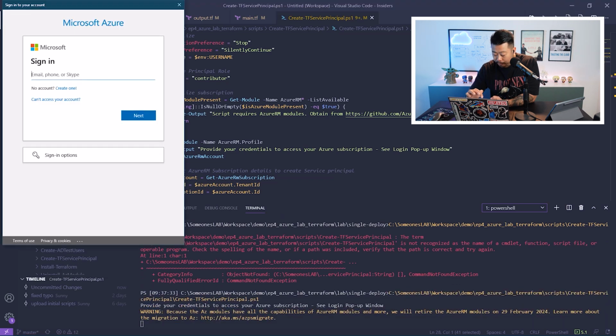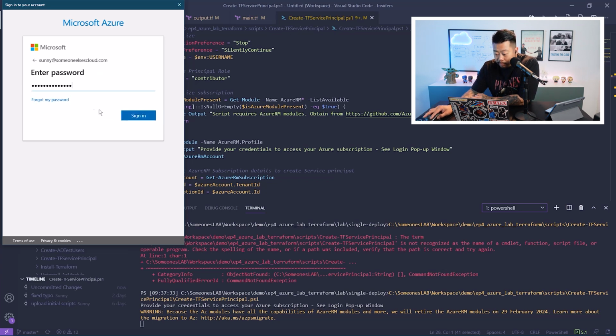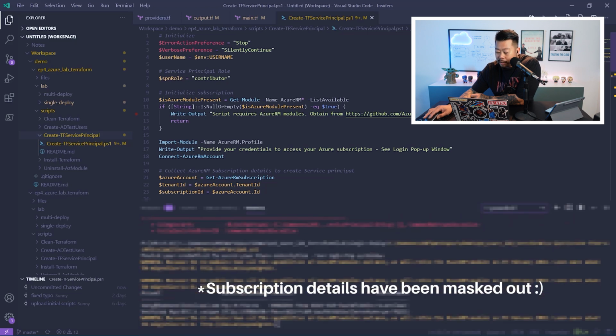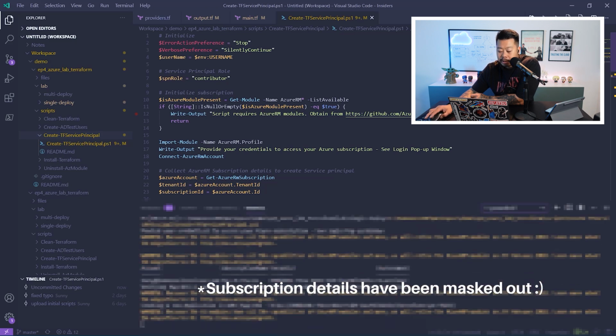Yes, outdated, but it works. So just going to log in. Having a long name, that's fun. So this will go through and create it. Let's log into the Azure portal. So while this is running,